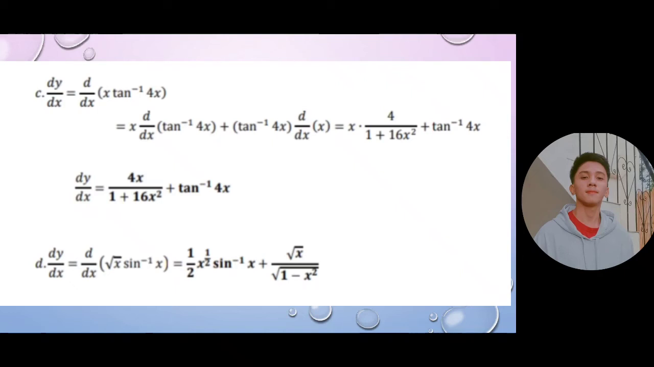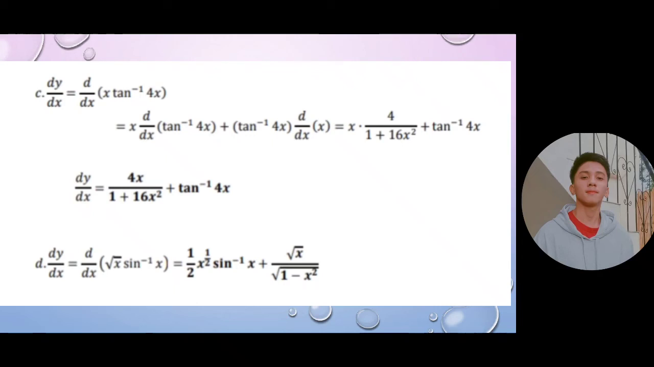So moving on, the square root of x is the same thing as x raised to 1/2. Therefore, by the power rule, the derivative of x raised to 1/2 is 1/2 x raised to negative 1/2 times sine raised to negative 1 of x, plus the derivative from the formula of the inverse trigonometric function of sine raised to negative 1 of x, which is 1 all over the square root of 1 minus x squared times